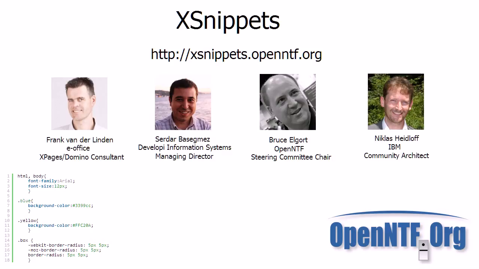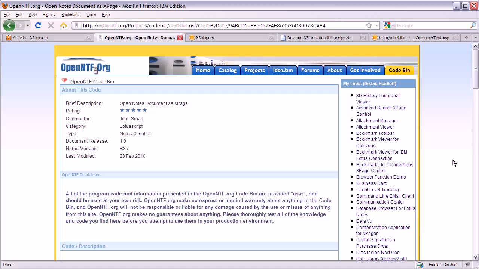For example, how we track work using Lotus Live activities, how we do source control management using SVN, how we have done mockups, and how we have implemented certain parts of the system. But before I talk about that in more detail, let me give a quick demonstration of the functionality. This is the existing code bin on OpenNTF, and it really doesn't look that beautiful because we haven't really updated